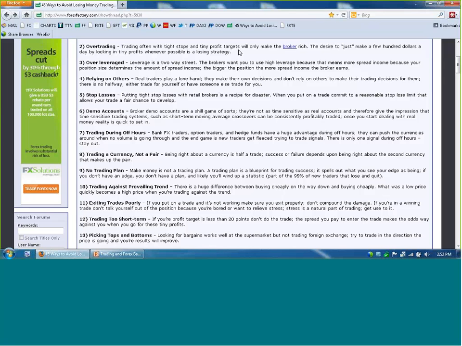Now, I see the number 2 reason why the retail traders fail is over trading. Too often they use very tight stops and little tiny profit margins, and so they do a lot of trades, and for very few pips profit or loss, points profit or loss, and each time they do a trade, they have to pay the spread. That's the difference. There's 2 prices. There's the price you buy at, the price you sell at, and they're slightly different, and that slight difference is called the spread. Every time you do a trade, you have to pay that spread. It's kind of like a commission.